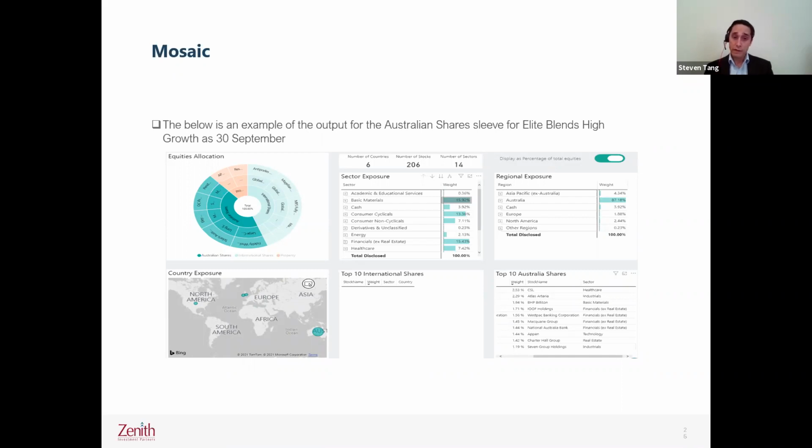Now, Mosaic is a fully interactive tool, as I said, so it allows us to see all the things that you saw before in a portfolio admin tool, but in an interactive feature and on the fly. So our clients and us can build portfolios live, and we can see these outputs, and how we're positioned relative to the sectors and the regions. We can see the top active stock weights and positioning versus benchmarks for duration. So really, this tool is going to supplant everything that we have in portfolio admin, and it's going to be a tool that we roll out to clients.